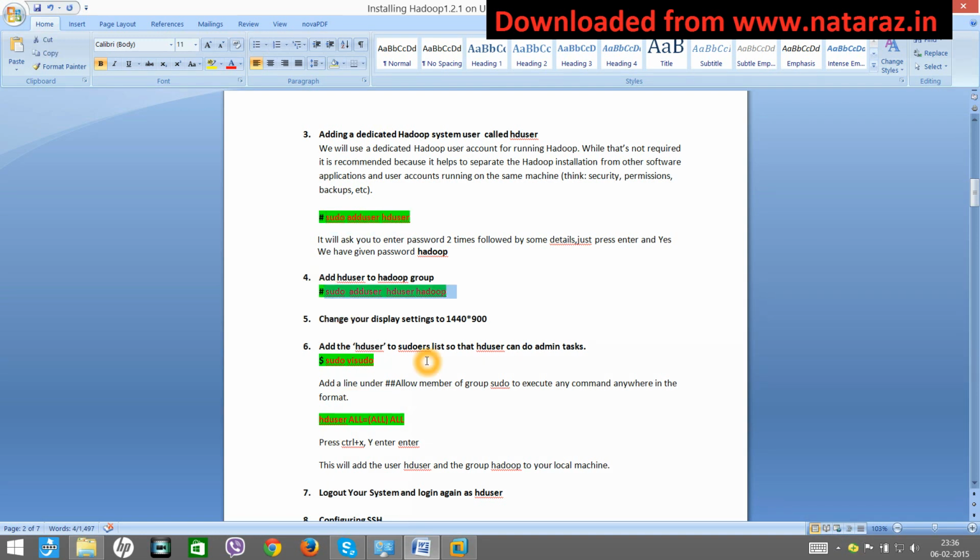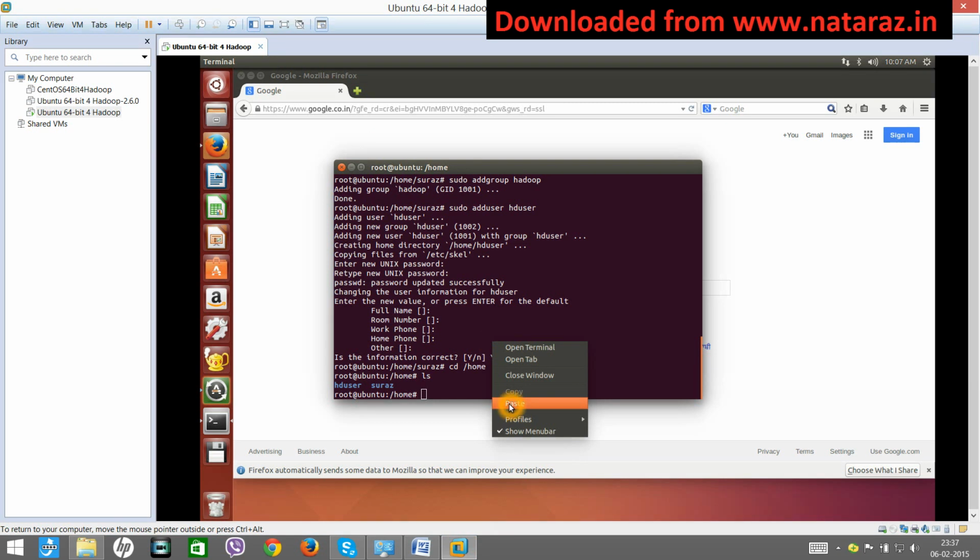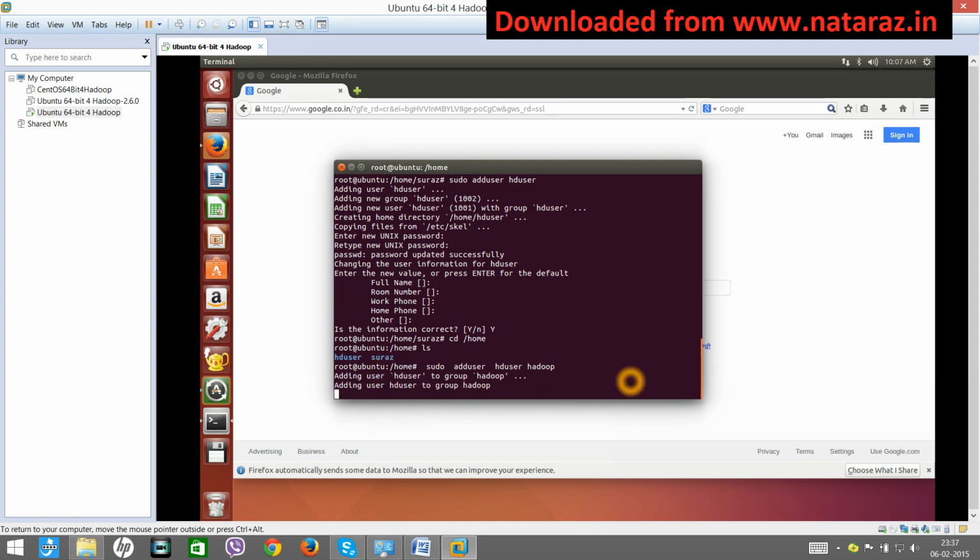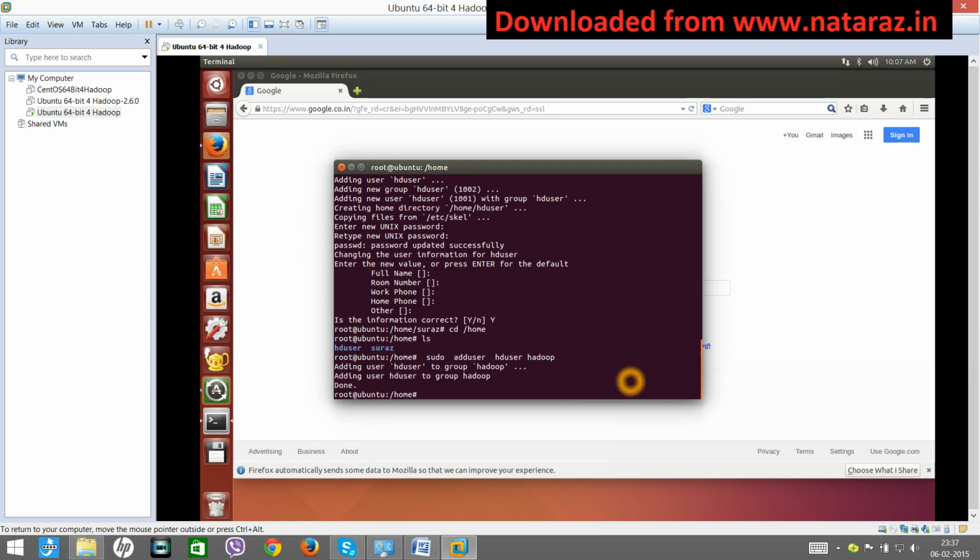Copy sudo adduser hduser hadoop, paste. Now this sudo is optional here. You can use it without sudo also, because right now I have logged in as root, and I don't need the sudo command at all. Okay, done.